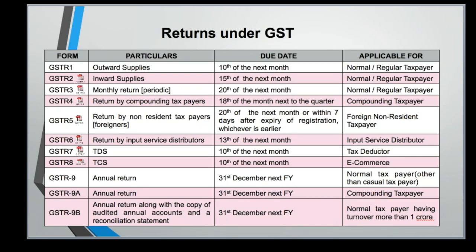For works contract, it is possible where he can send the goods, because in works contract the goods are sent for the purpose of supply of service. So it is used for the provision of service. The movement of the goods can be through challan, but you will get the credit only when the final tax invoice is lodged.